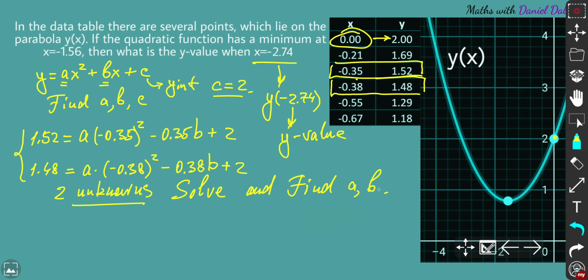Or you can use your GDC. The GDC is the best way: system solver or equation solver, and try to input the coefficients before the variables. Your variables are a and b, and that's how you can solve that. Okay, assume we solved that. We found all the values, a and b, and what I found is that a is going to be 0.5, and b is going to be